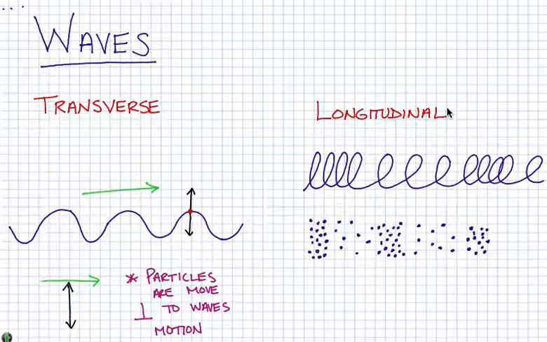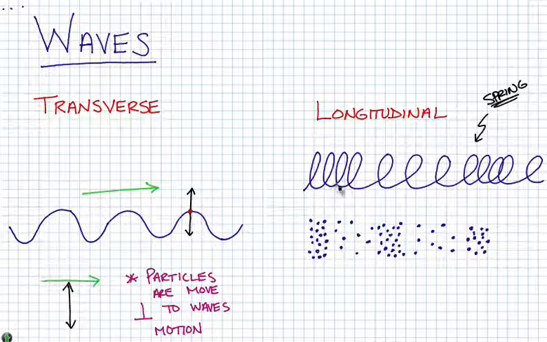Now, longitudinal. I want to be very clear, this is not like a transverse wave. This is a spring or a slinky, something along those lines. So please don't get confused. This would be a spring or a slinky. And what would happen here is if I took one end of the spring or slinky, and rather than moving it up and down in this direction, which would generate a transverse wave, instead I take this end and I push it forward. So if I push that forward and let it come back, and push it forward and let it come back,